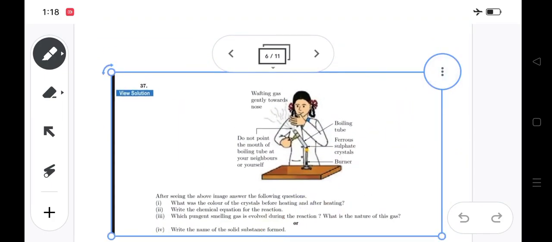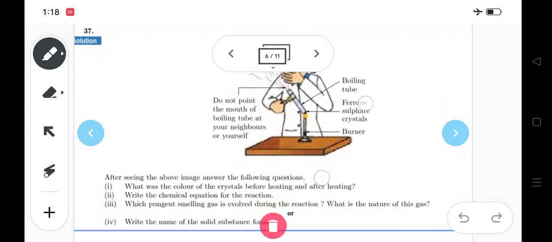Next one. Again the same picture which was mentioned in the previous video also. Heating of ferrous sulfate crystal and checking the smell, wafting gas gently towards the nose. It's a thermal decomposition of ferrous sulfate crystal. It is actually a 4-mark question which comes in section E. After seeing the image,